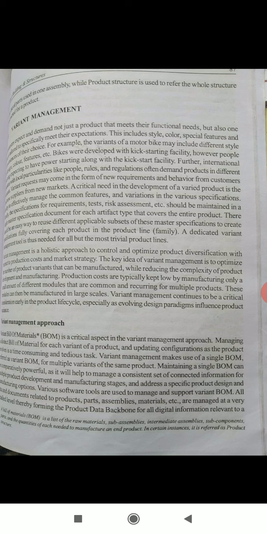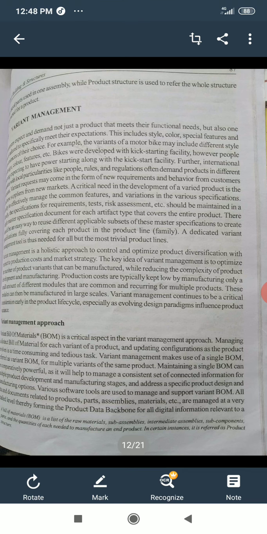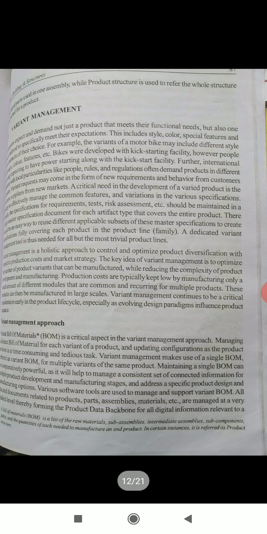Variant bill of materials, that is BOM. Bill of materials is a list of raw materials, sub-assemblies, intermediate assemblies, sub-components, parts, and quantities of each needed to manufacture an end product. In certain instances, it is referred to as product structure. BOM is a critical aspect in the variant management approach.